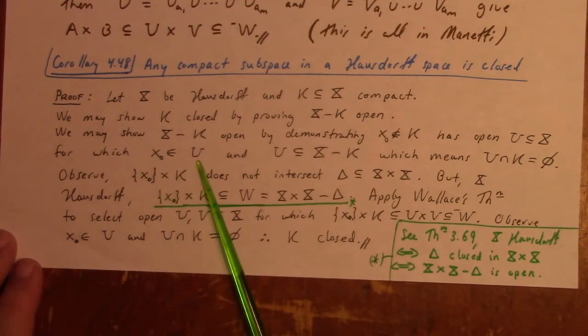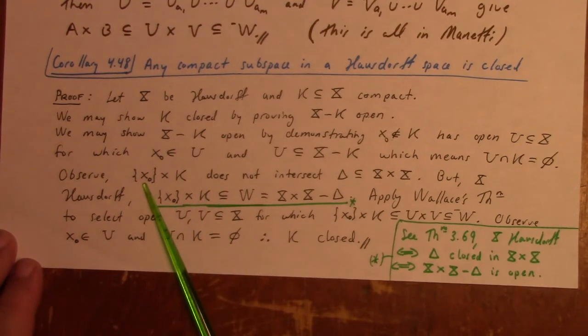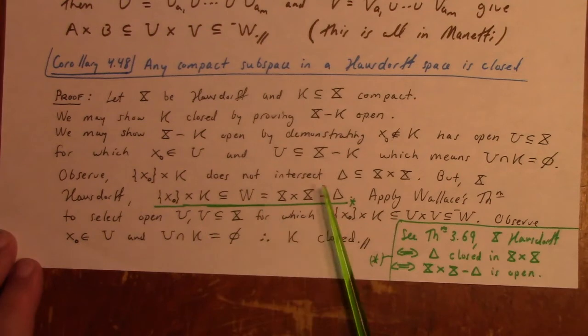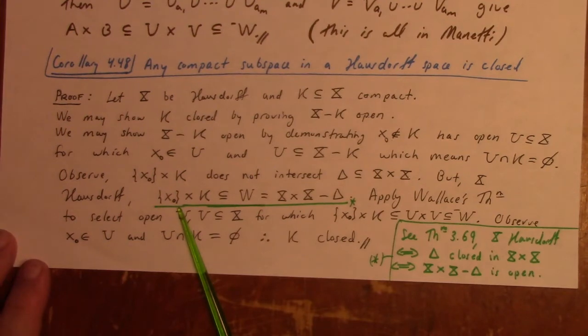x naught... Again, the singleton x naught cross K does not intersect the diagonal of X cross X, but X is Hausdorff, right? Which means that, let's see here, what does that mean? That means, well, X Hausdorff doesn't mean this just yet. Let's see, or does it? So I say the singleton x naught Cartesian product with the compact space K is a subset of W,